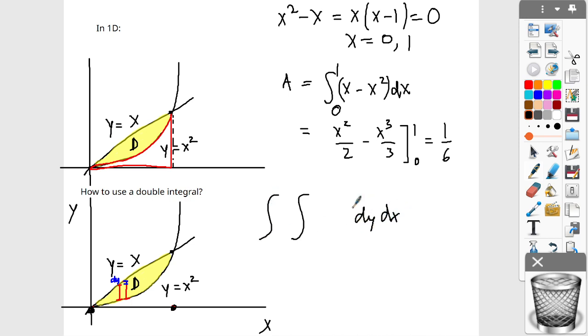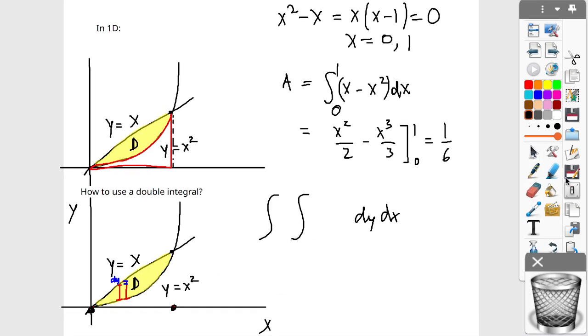I'm setting this up as if it was a y simple region, even though it can be expressed as an x or a y simple region. You could do x equals square root y, x equals y, and then go from y to square root y. That works as well. But